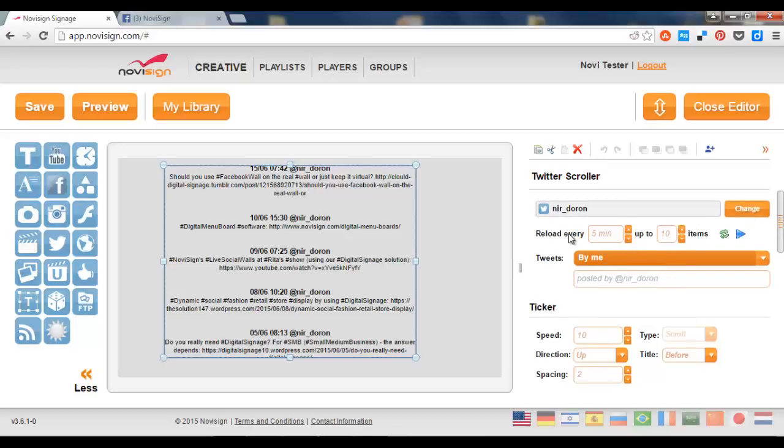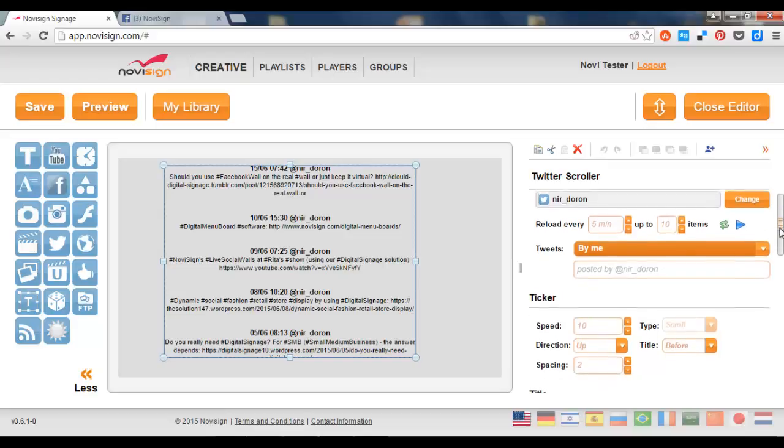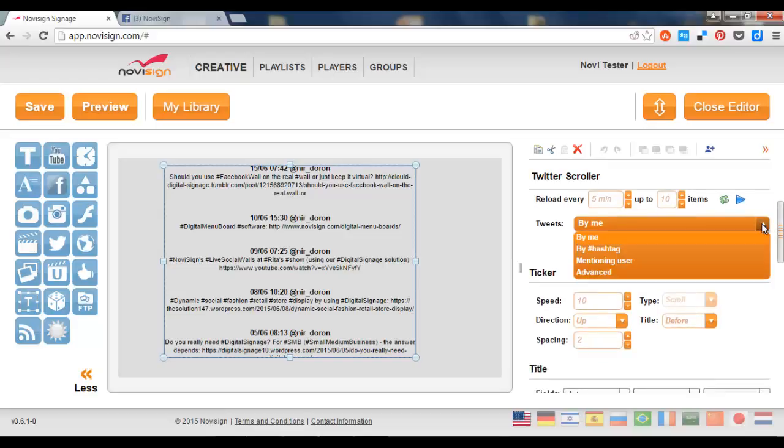On the right side where I see the properties, I have a couple of properties which I can change, such as reload every. For example, here it's 5 minutes. This is the default. Up to 10 items. That means the last new 10 items. I can choose tweets by me, tweets by hashtag, or tweets which were mentioned by a user, or choose the